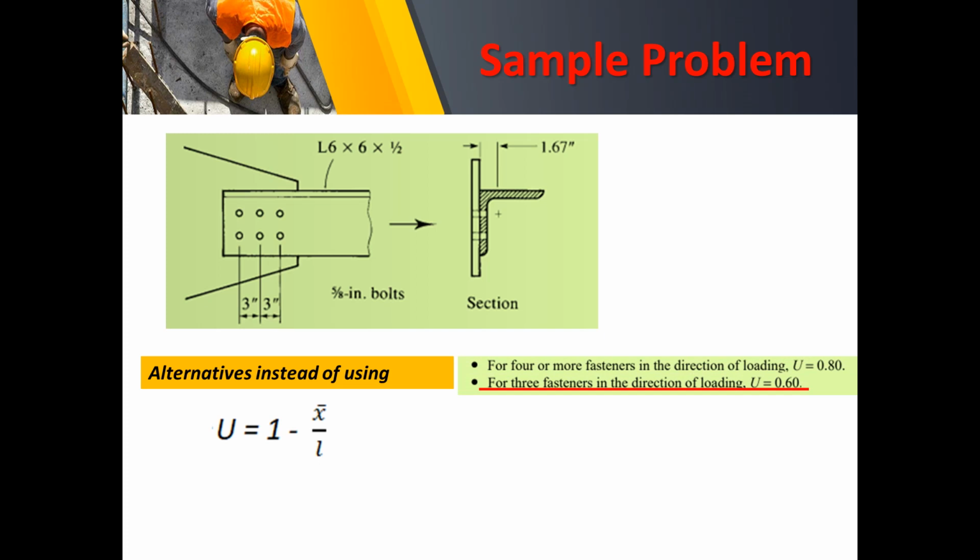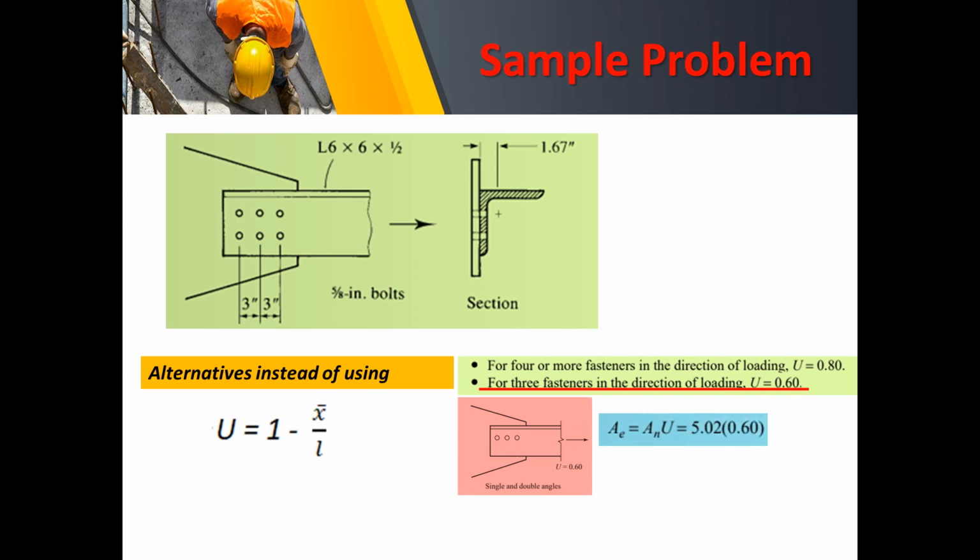Hence, we use the reduction factor U equal to 0.6. So, applying that, you just have to multiply to your net area. Hence, we get the value of 3.012, and that is actually less than the value